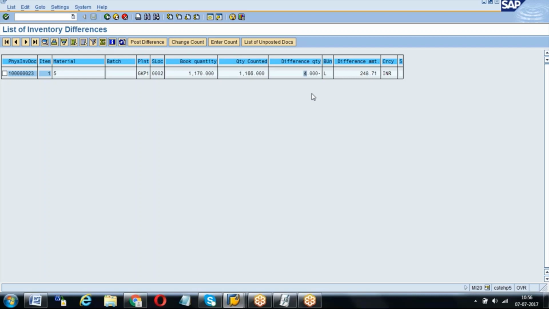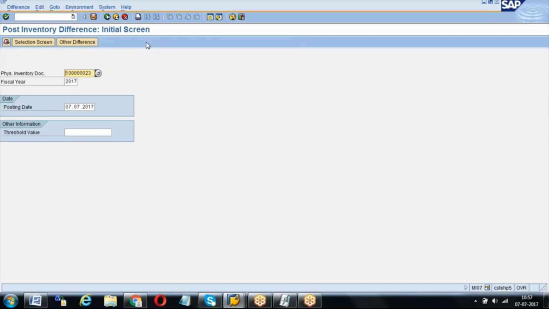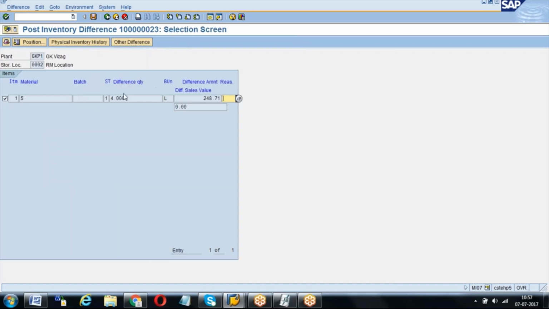That's why we do freeze book inventory very rarely, because it will cause inconsistencies and all. Because there is no difference: 1166 physical stock and system stock is also 1166, but 1170 is available here because you have allowed the freeze book inventory. Okay, that's why whenever we do stock taking, we will keep the posting block indicator in the physical inventory document, because nobody can do the postings. This is the use of freeze book inventory and posting block, but generally we don't suggest to activate the freeze book inventory.